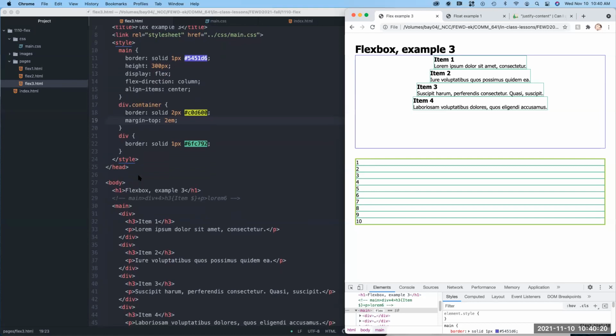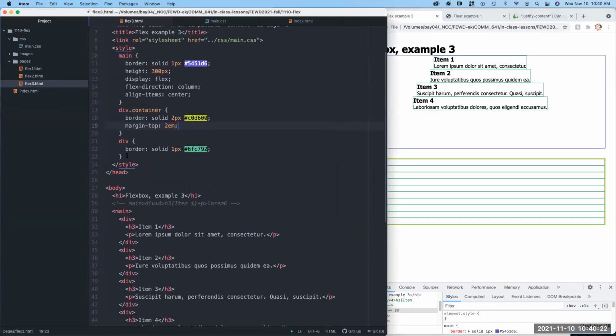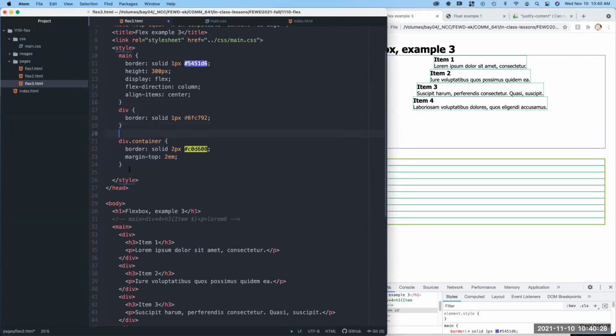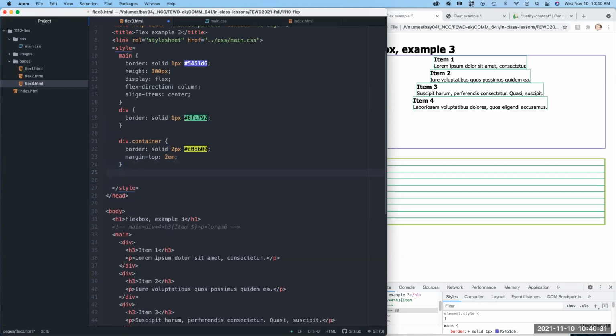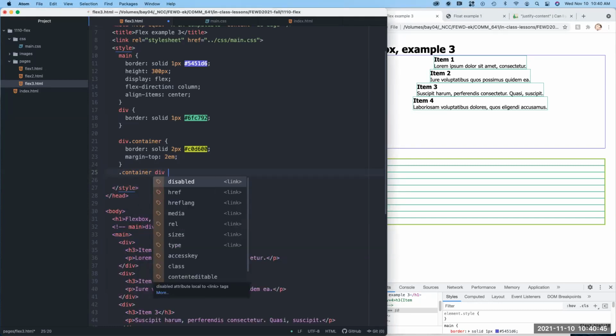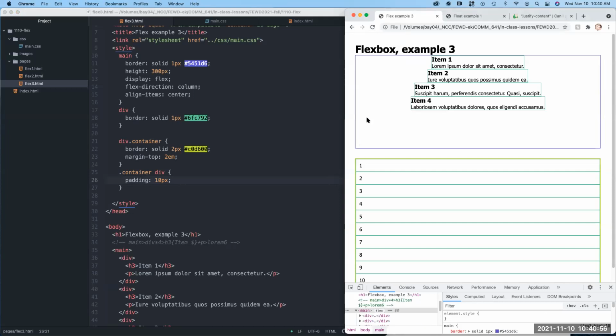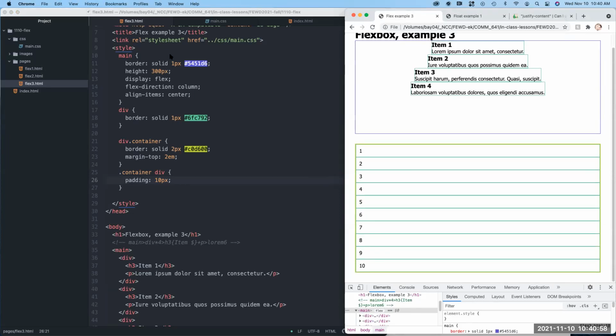So what we will do is I'm just going to move this rule up here. Let's make rules for the little divs inside of containers. So let's do a .container div. So this will just target the divs that are in the container, and let's give them some padding. We'll just say 10 pixels, just so they have a little bit of padding around them, like so. And let's give these